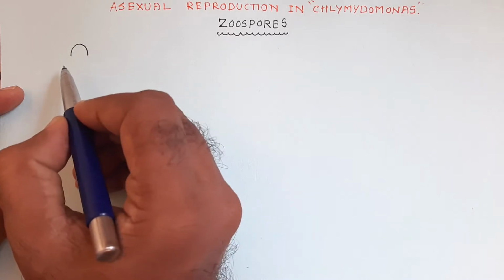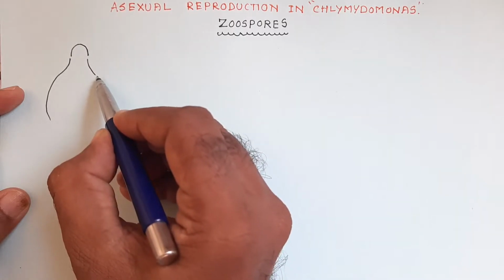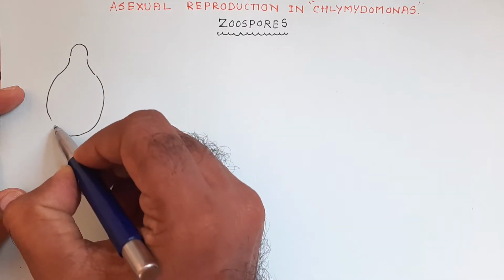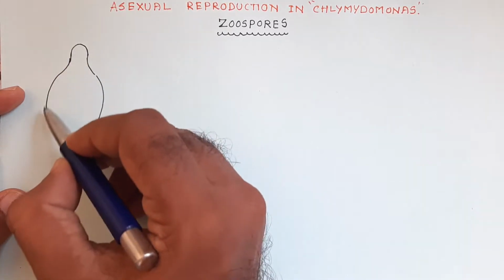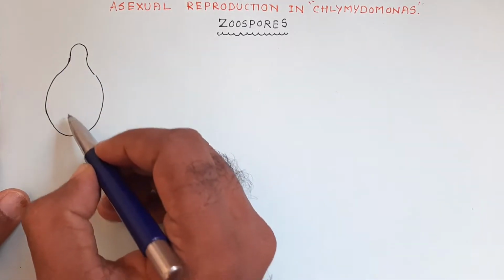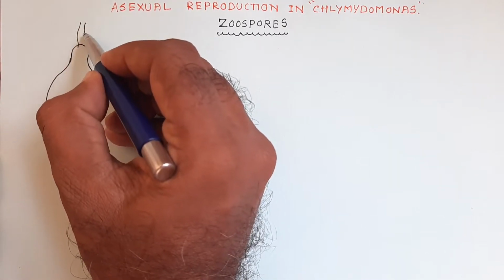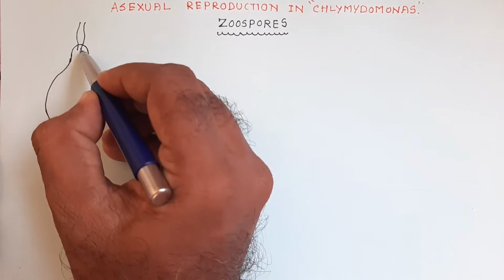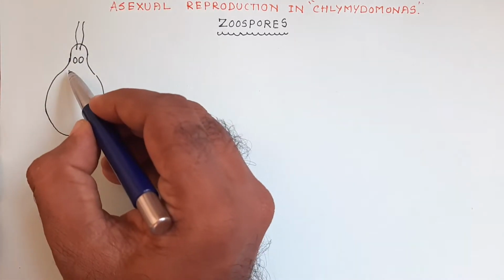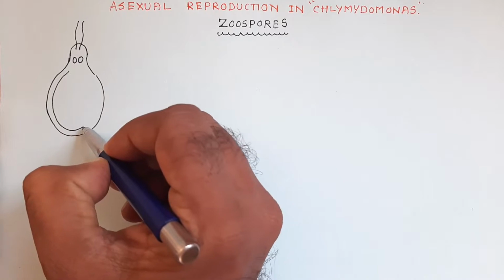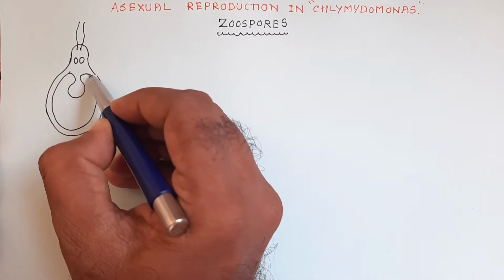Chlamydomonas is a unicellular green algae. Generally, it is oval in shape. It has a pair of typical flagellae, and at the base of the flagellae contractile vacuoles are present, and a cup-shaped prominent protoplast is also present, within which